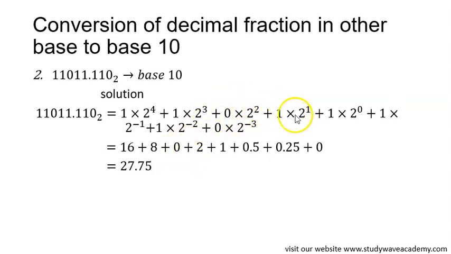Plus 1 times 2 raised to power 1 is still 2, plus 1 times 2 raised to power 0. Remember, anything raised to power 0 is 1. So we have 1 plus 1 times 2 raised to power minus 1. This is seen as 1 over